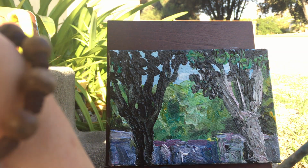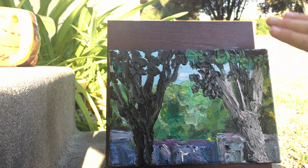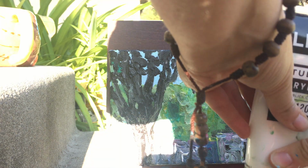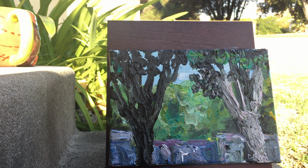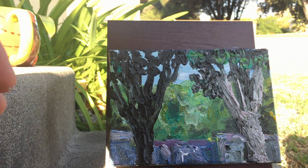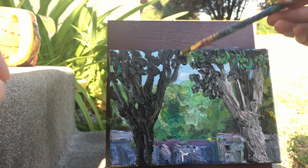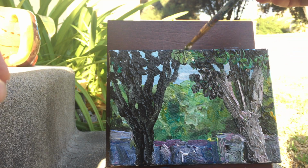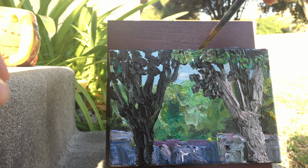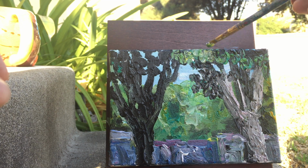And then I want to put some more leaves over here, the brighter colored leaves that are being hit by the sun. And then that will be a completed painting. A fast one, but a completed one. Coming down like this, make it look somewhat like a canopy. I could spend hours just looking at the trees and getting them really realistic,